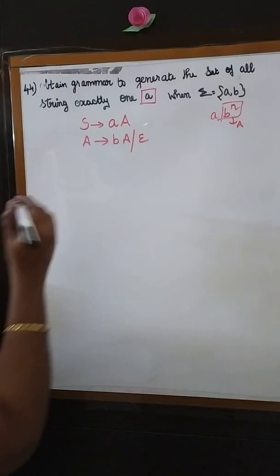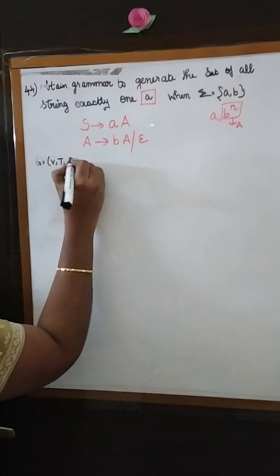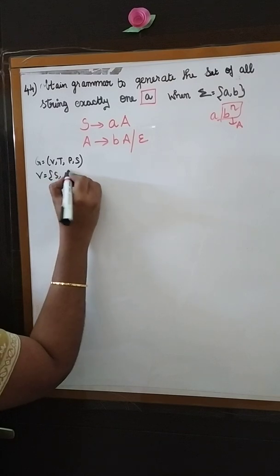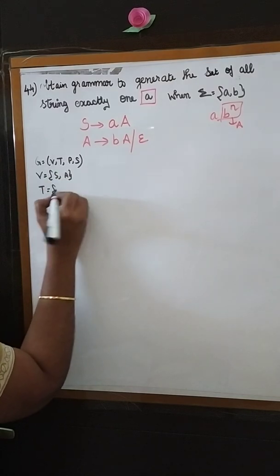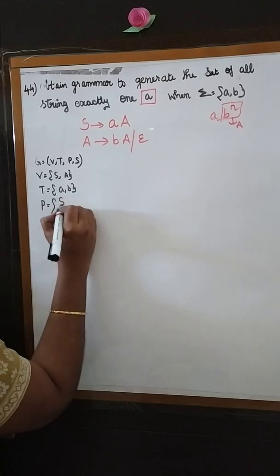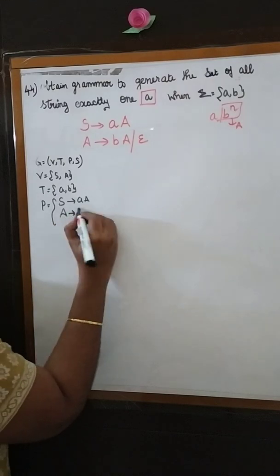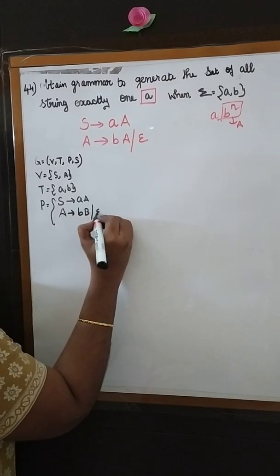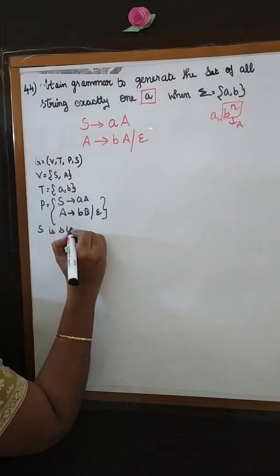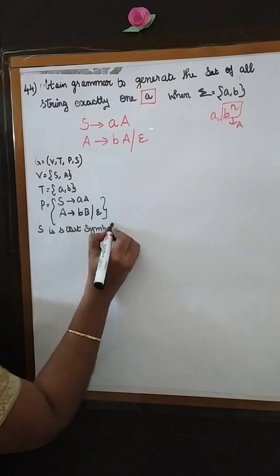Now for this I have to write the grammar. So G will have V, T, P, S, and then V will have S, A, and then my T will have a, b, and my production is going to have S arrow capital A, small a capital A, and in that I am going to have the b coming for n number of times. S is the start symbol.